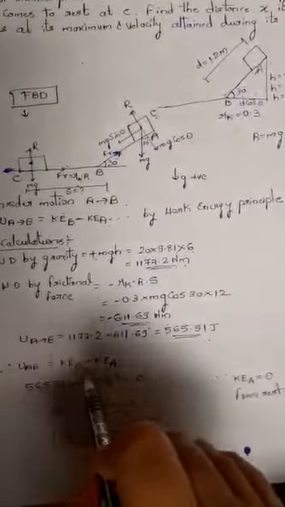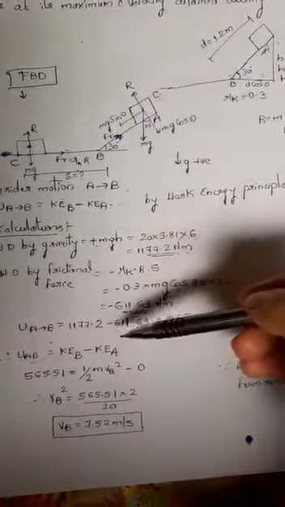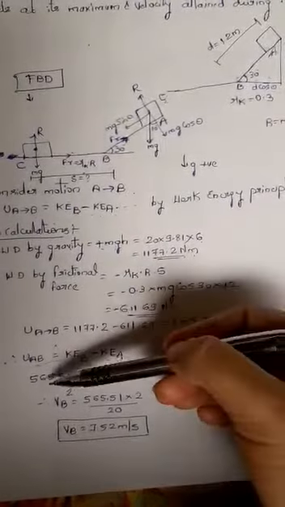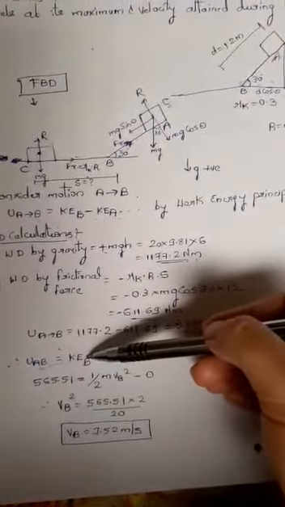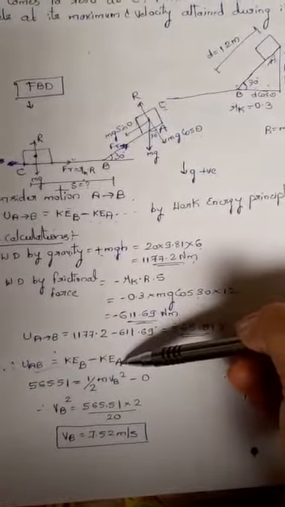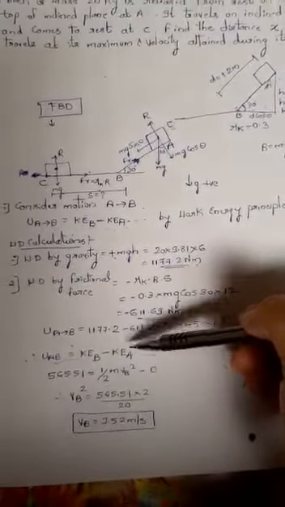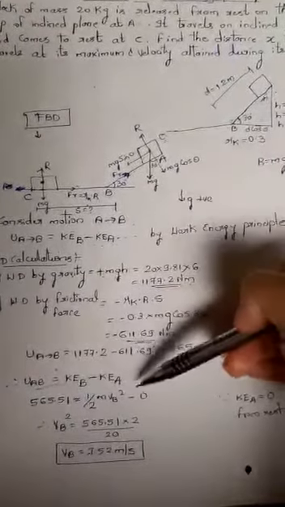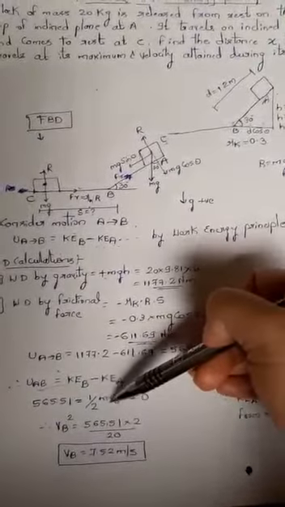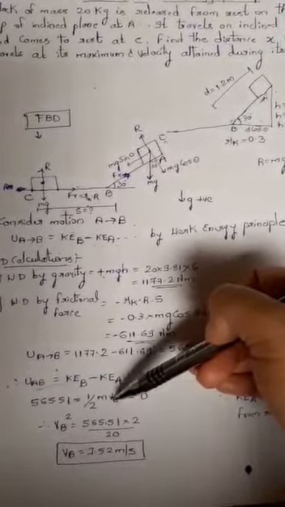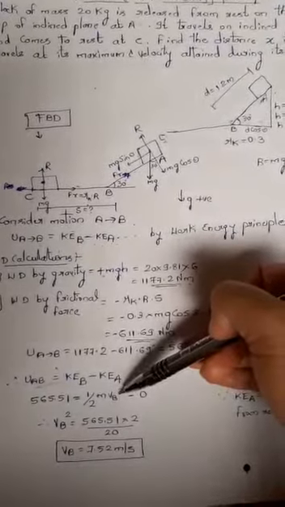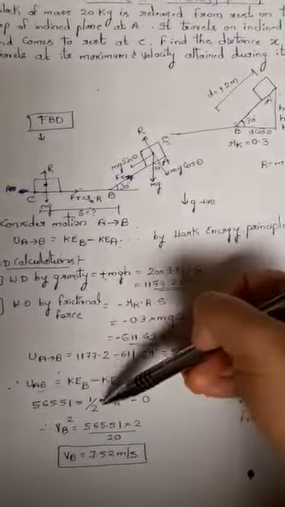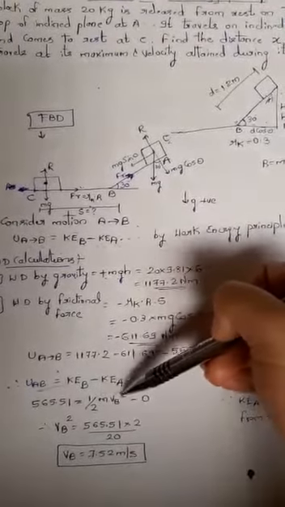Okay, now I will apply the work energy principle. The work energy principle is: total work done, which we just calculated, is equal to final kinetic energy at B minus kinetic energy at A. It is clearly stated in the numerical that it is released from rest. It means that at A its kinetic energy will be 0. But when it comes to B it will gain some kinetic energy by virtue of its motion, that is nothing but half m vB square. So I will put that value here, half m vB square.